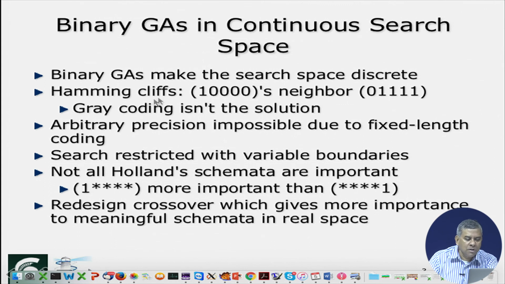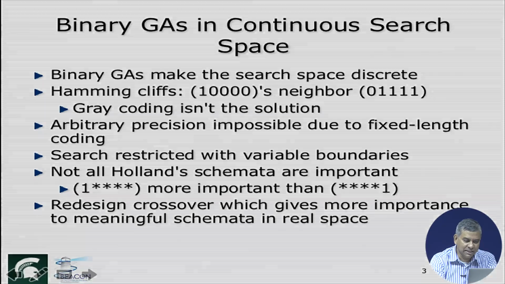Certain neighbors decode to neighbors, but not all neighbors decode to neighbors. Okay, so it partially solves the problem, but not entirely. Another thing is arbitrary precision is not possible. As I said, the only way you can achieve arbitrary precision is by increasing the number of bits, one by one, and as I've told you, the population size becomes proportional to the number of bits. So if you have more and more bits, you need more and more population size, which means your whole search will slow down. So we see that there are certain issues when you want to solve a real parameter problem with binary coded GA. So we want to avoid that and come up with a direct